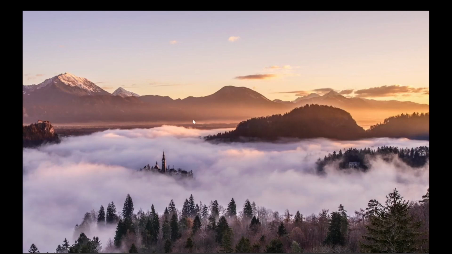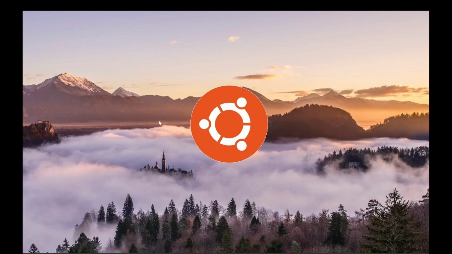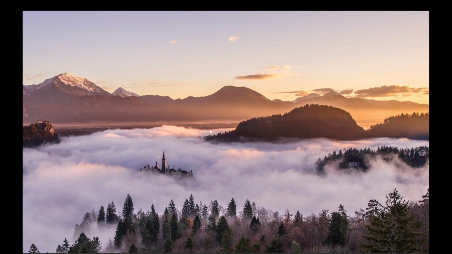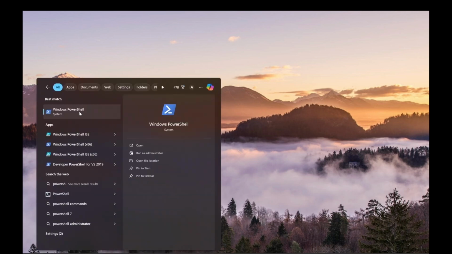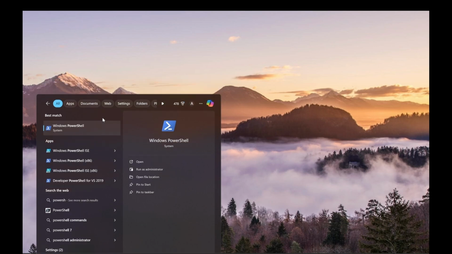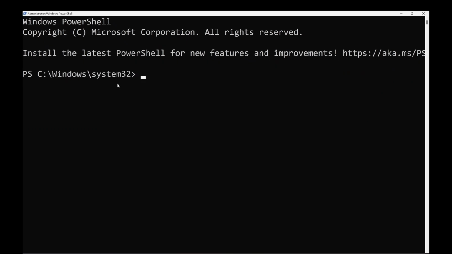In this video, I'm going to show you how we can install WSL and Ubuntu on a Windows system. So let's begin. The first thing you need to do is type PowerShell in your search bar. Then right-click and run as administrator. Then you need to type WSL